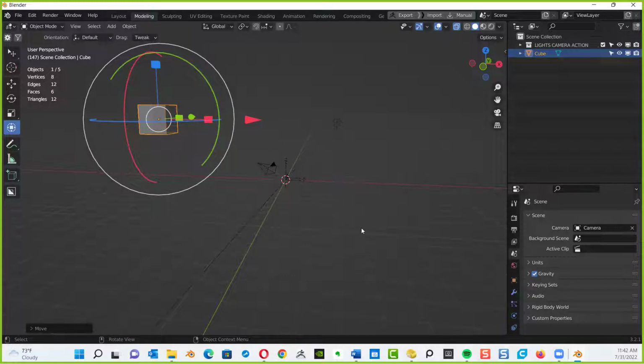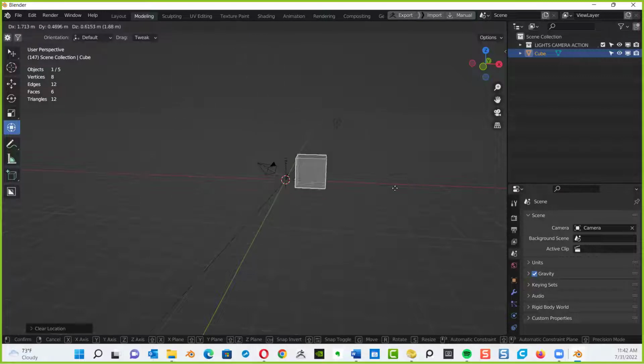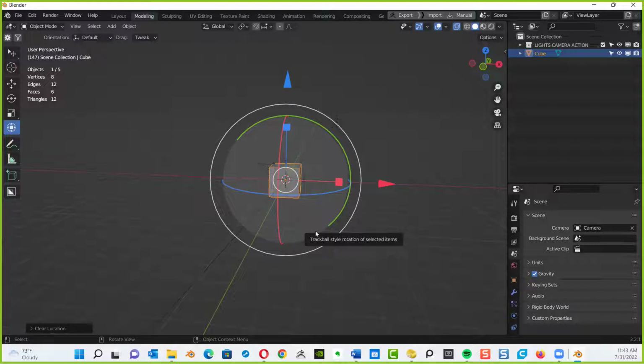You want to reset it back again? Alt G. Remember G for go? If I hit G for go, it'll attach itself to the mouse, and I place it wherever I want. If I want to reset it, Alt often means reset. So Alt G resets it back to 000.